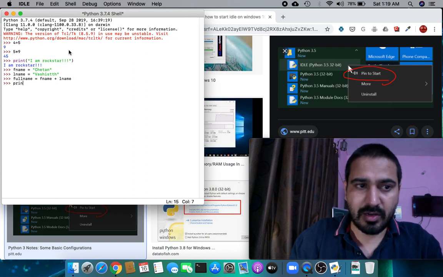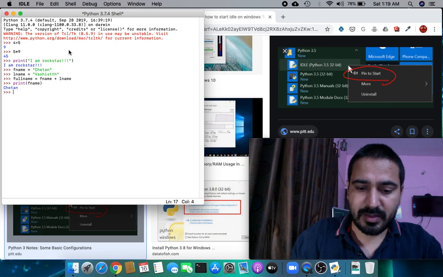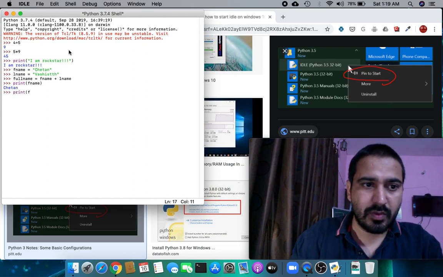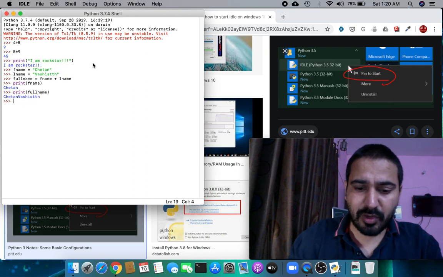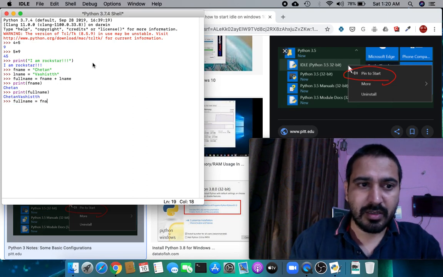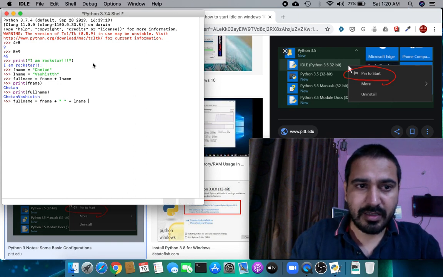Now I want to print my first name, and I want to print my full name. Here there is no space because we haven't given one. If we want a space, we can update our variable f name, just add a space there, and then l name.